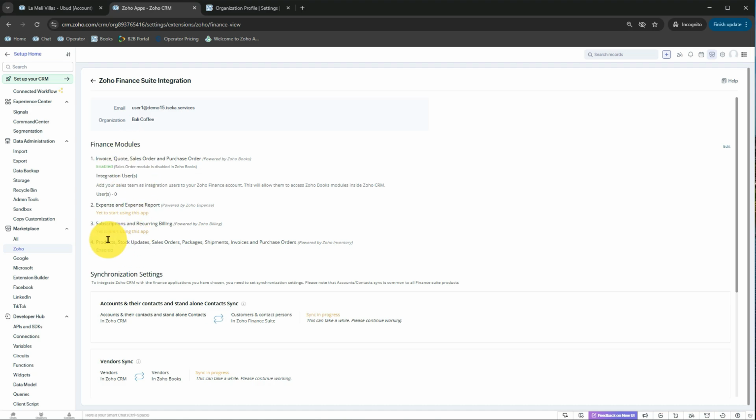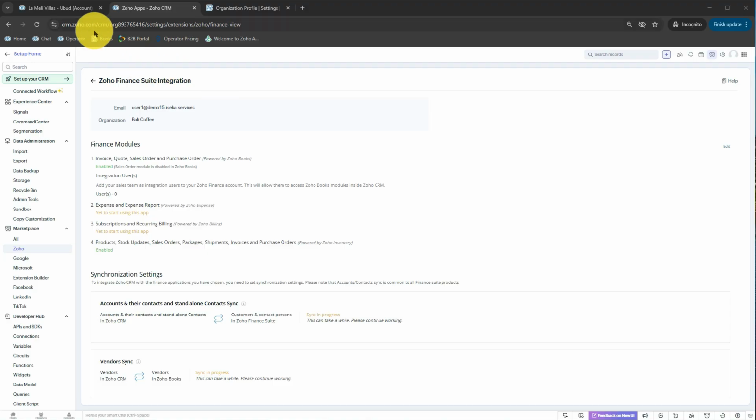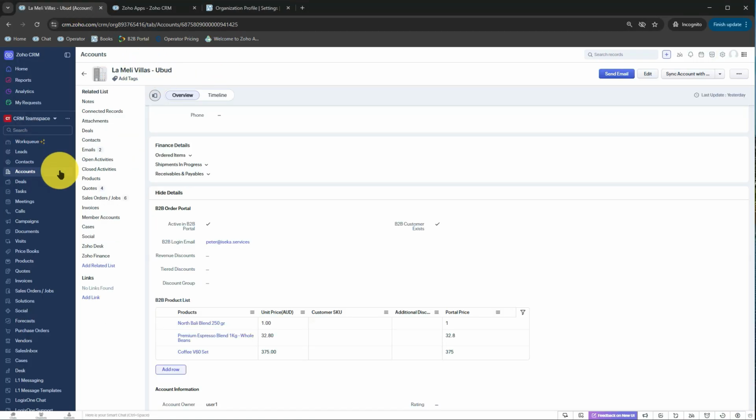Because what this does, especially number 4, is it syncs the products that you have inside Zoho CRM to Zoho Books and vice versa. And so that means that if you create an item inside Zoho Books, then that item will appear as a product inside the